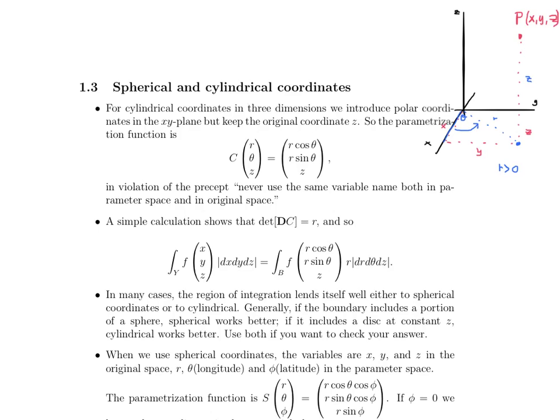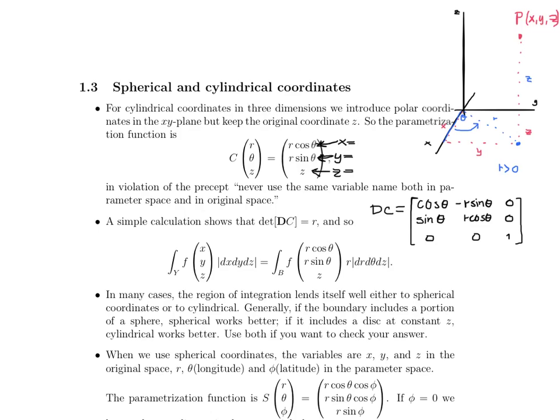Usually it's pretty tacky to keep the name the same, using the same variable name in both the parameter space and the original space, but note that nothing has changed in how we define z, so that's okay. Again, this is what x is equal to right here. This is what y is equal to right here, and z just retains its original identity. If we take a look at the Jacobian of this change in variable, we find its determinant to be r,